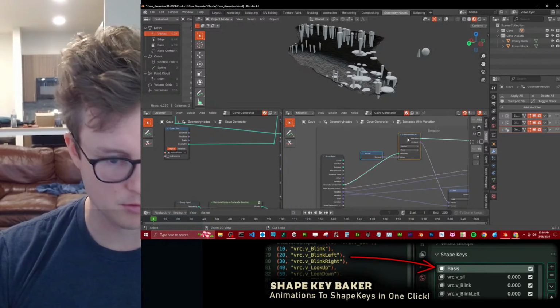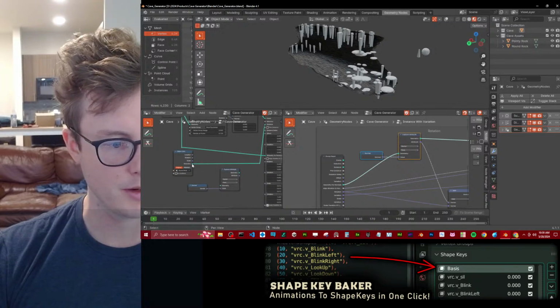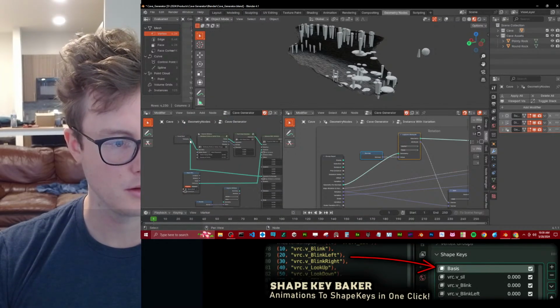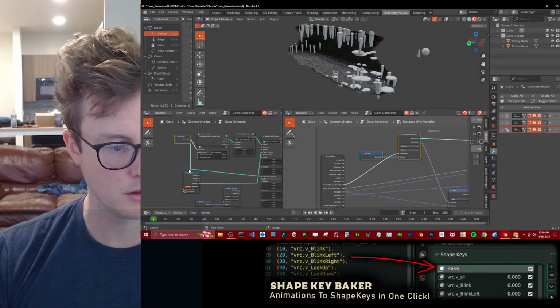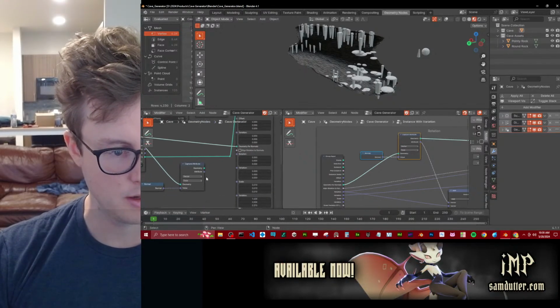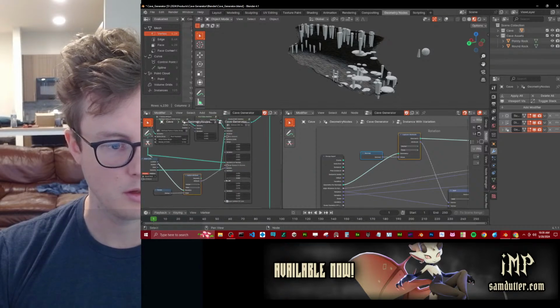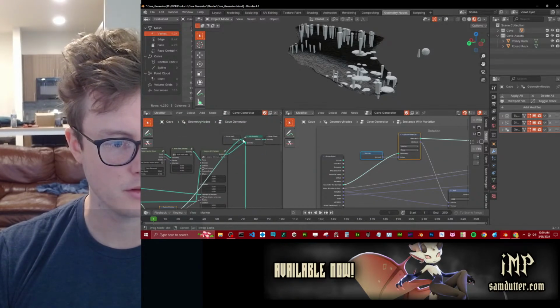Let's copy these ones. So if I take the geometry here and I capture the normal, and I just put the normal directly in here, and then pass this along to the join,